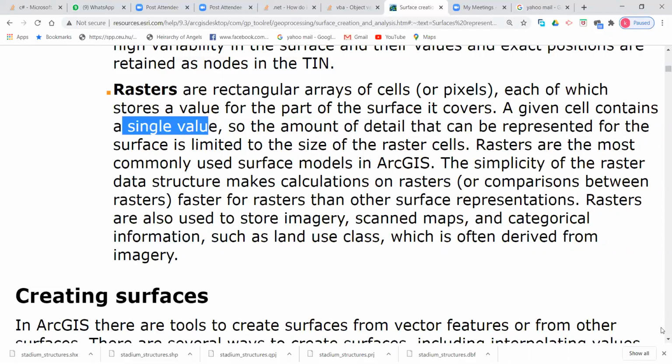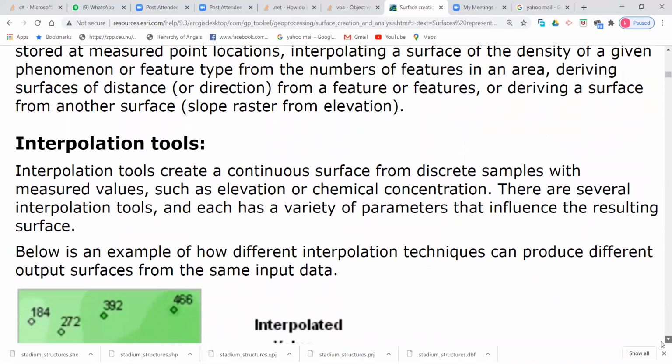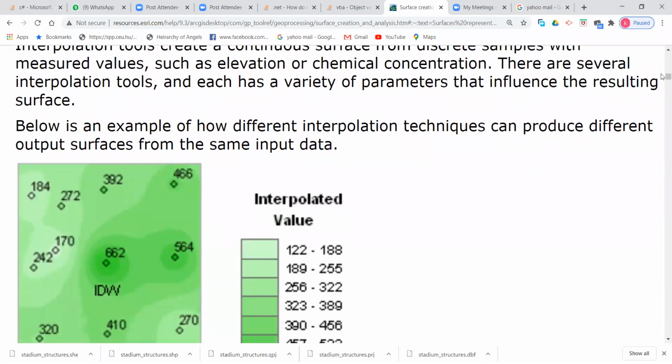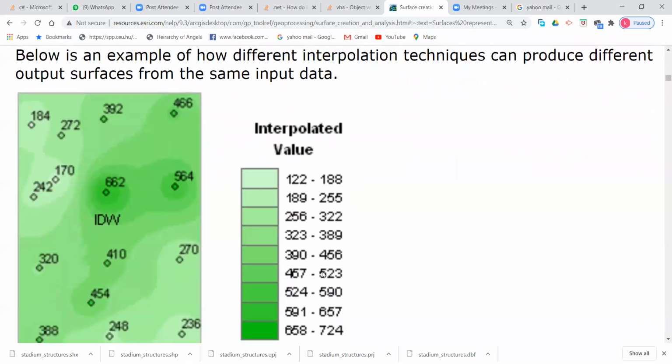All right, so basically that is that. So raster data is needed if you want to do surface analysis, a lot of surface analysis. One of the things that we do during surface analysis is to do an interpolation. Is that okay? So interpolated values, like I said, are to determine places where there are no values. You try to get values for them. Are you okay? So as you can see in this picture,